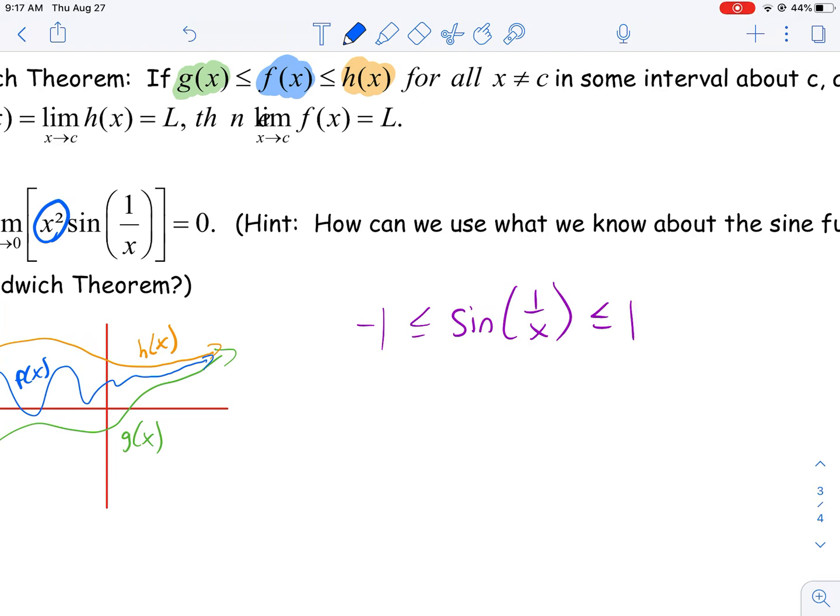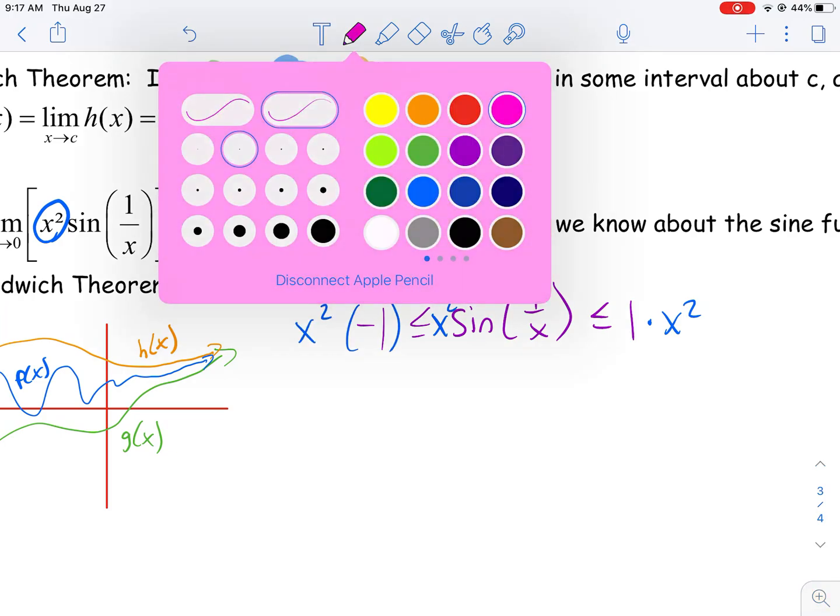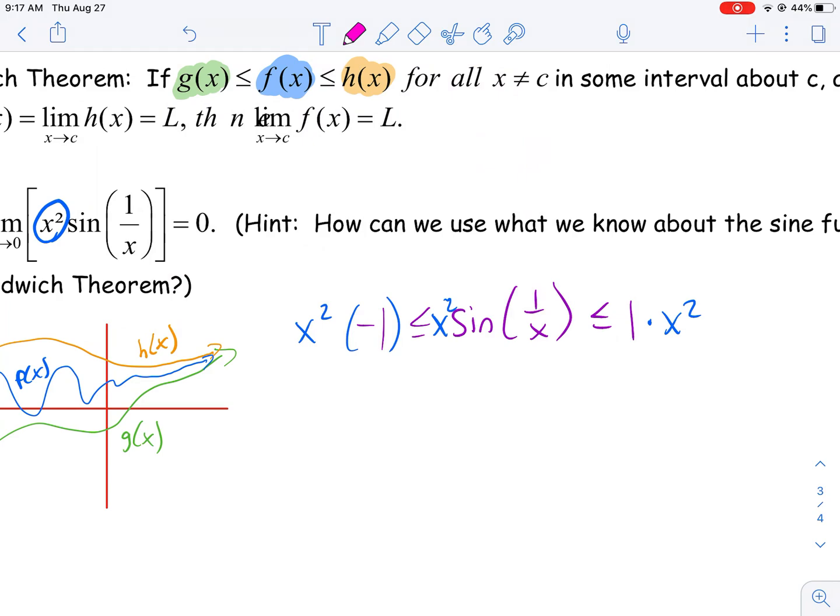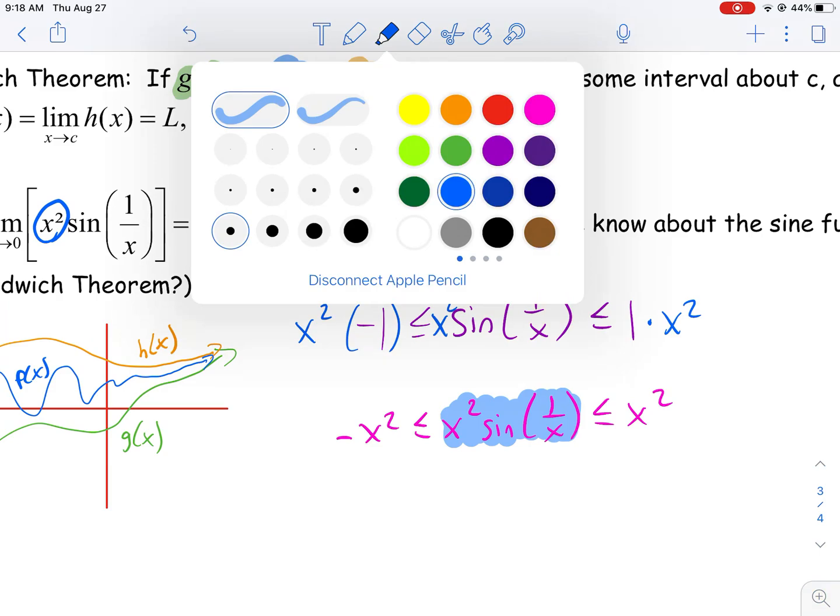So if we multiply by x squared, to create the function we're trying to find the limit of as x goes to 0, we multiply 1 by x squared and -1 by x squared. And our result is very useful, because now we have -x squared is less than or equal to x squared sine of 1 over x, which is less than or equal to x squared. So we have now sandwiched the given function in between two other functions,